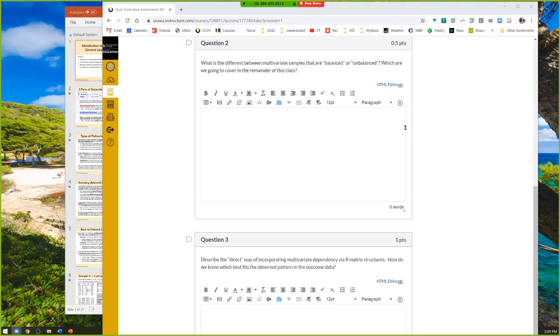Okay. Any questions on that concept? Okay. Number 3 then, the direct way of incorporating multivariate dependency. You tell it that the observed